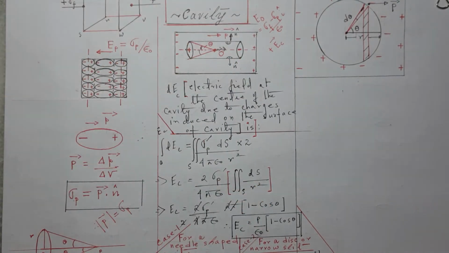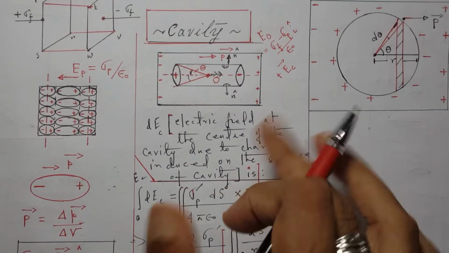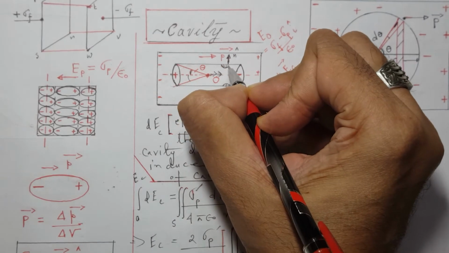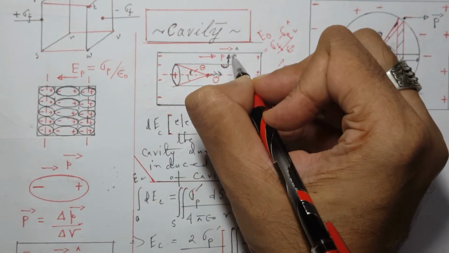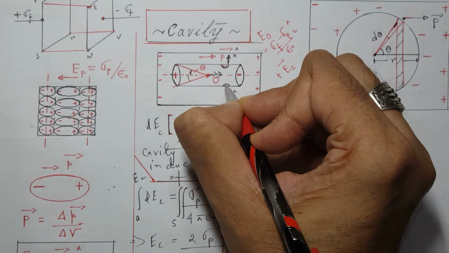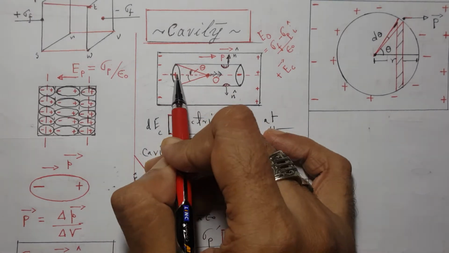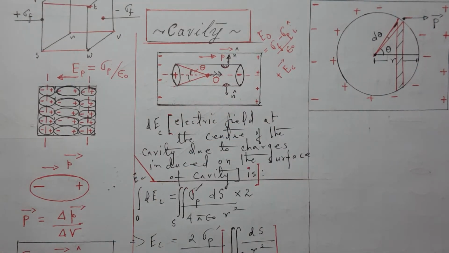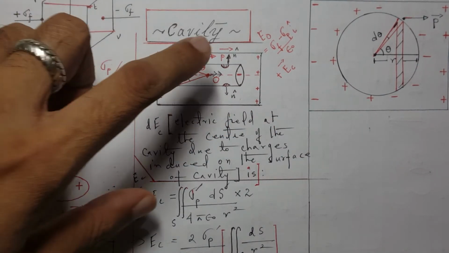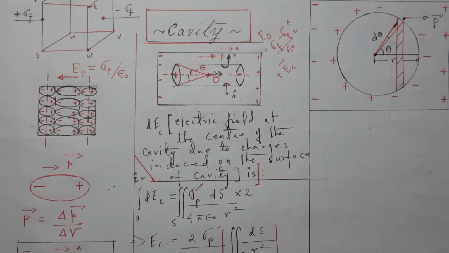and no charge is induced on these lateral surfaces. If I take infinitesimally small surfaces on the lateral surface, say this one, here ds vector is perpendicular to p vector, here also ds vector is perpendicular to p vector, so they do not contribute to sigma p because it is p vector dot n cap. So P n cos 90 is 0. But these two circular faces of the cylinder will definitely contribute to the electric field at this particular point.